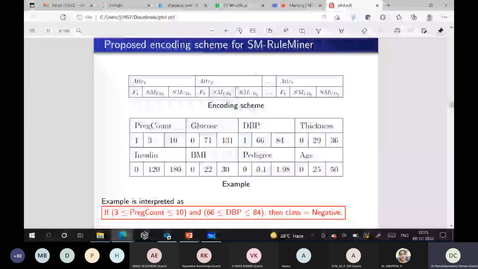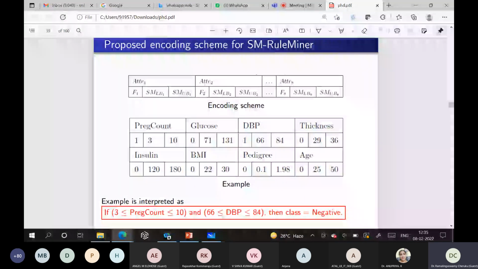This is very important, sometimes called the encoding process. It's a very crucial step for any bio-inspired algorithm to map the problem to a form which the particular bio-inspired algorithm easily understands. Every algorithm will understand the problem in a specific manner, so you have to first decode your problem in that way. Then your algorithm will start understanding your problem, and once it understands it, you can assess the quality of the solutions for your problem.